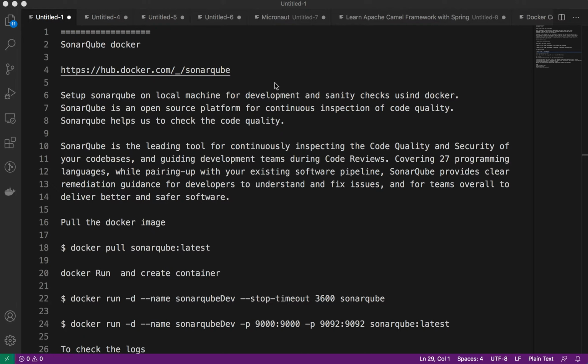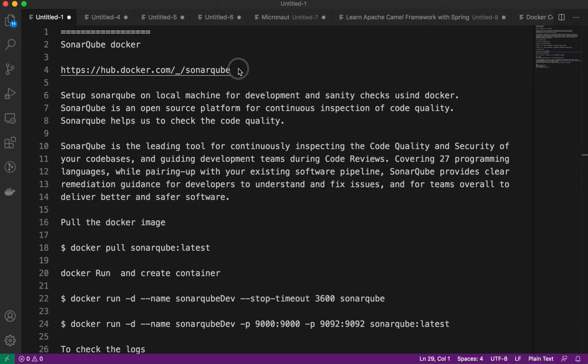It will help you pair up and fix the issues. It will give you a heads up on the bugs and vulnerabilities in your code, or in the dependencies you are using to create your applications. So basically it will cover most of the things about your code quality. It will also give you the results for your unit testing, how much coverage you have done for your code. It will help you deliver the code as better and safer software.